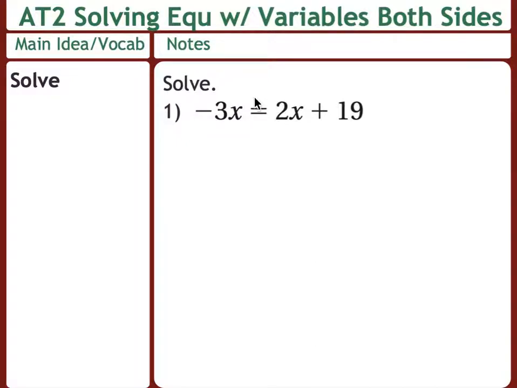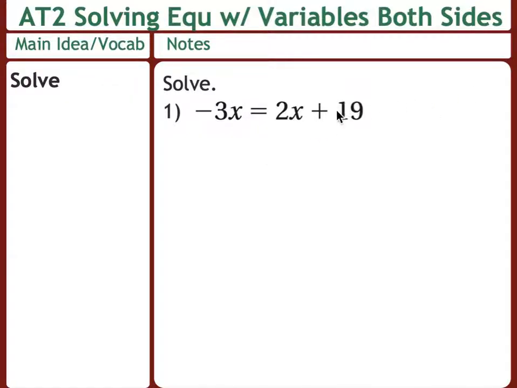Hello and welcome to our lesson on solving equations with variables on both sides of the equation. As you can see in our first example, we have terms with variables on both sides of the equation. So in order to solve this, what we need to do is get all the terms with variables on one side, all the terms without variables, in other words, constants, on the other, and then we can go ahead